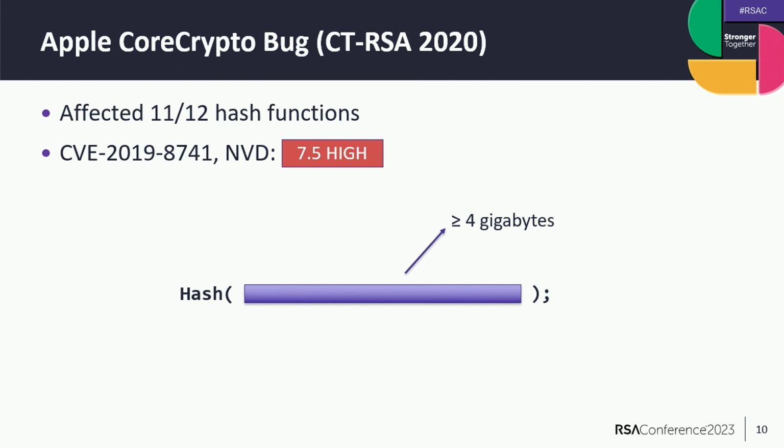Here, 3 years ago, on the same stage, I see nothing has changed about the layout for CT-RSA and for RSA, I gave a talk about a bug that I found in Apple Core Crypto. This was before the pandemic, for those who still remember pre-pandemic times. Apple Core Crypto is the cryptographic library that Apple uses inside of all of their devices. There was a bug that affected all of their hash function implementations because they all shared the same code except for one. And this was my first CVE number that I got assigned for discovery.